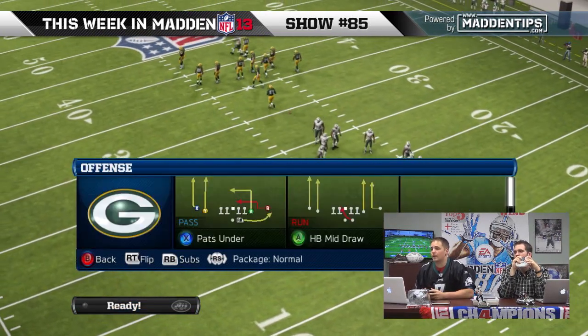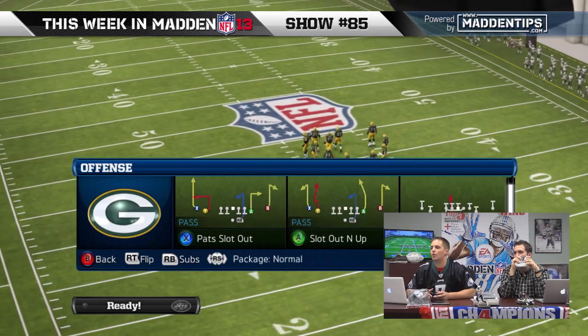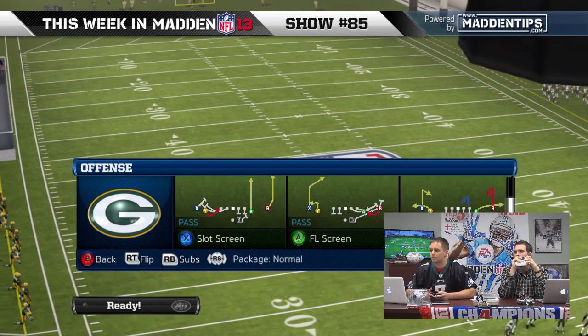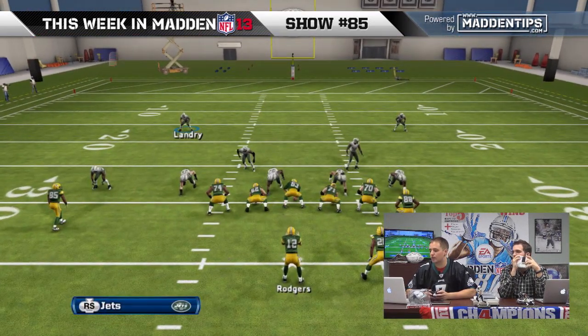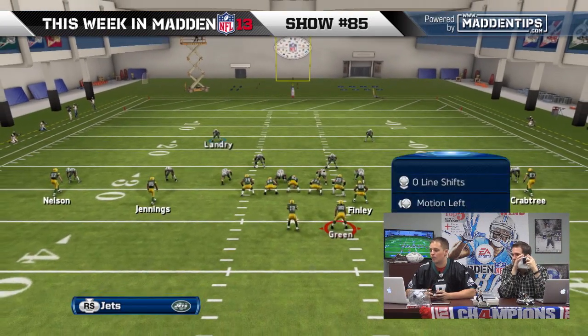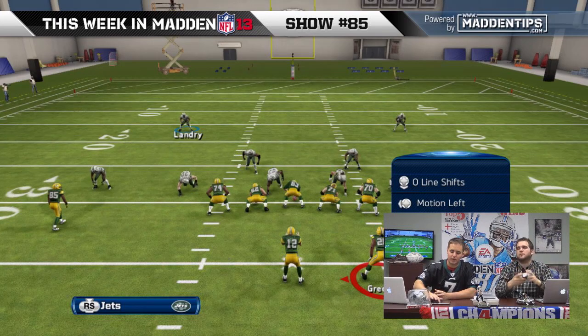Against zone, you have to really be careful about what quarterback you're using. Because if you have the wrong quarterback, so here we have Aaron Rodgers, so we can use a lot of pass lead. But if you don't,